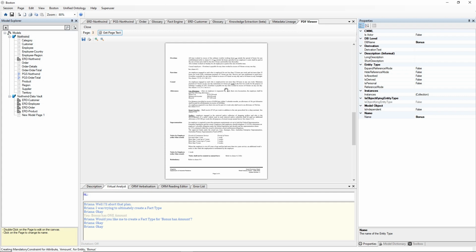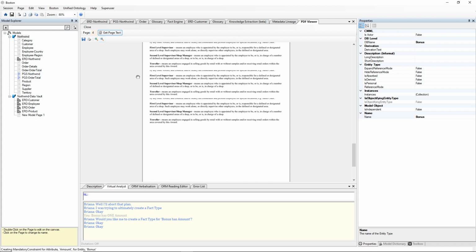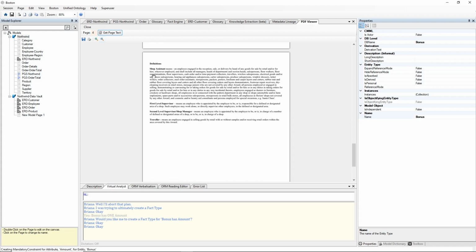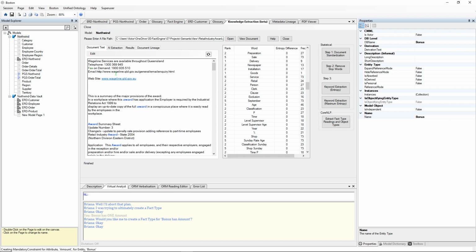Now I can use documents another way as well. If I have a copy of the document open, and we can maximize that to have a look at it, if I'm looking at any one particular page, say on Shop Assistant, I can get the page text for that, go back to my knowledge extraction tool, go to the document text,